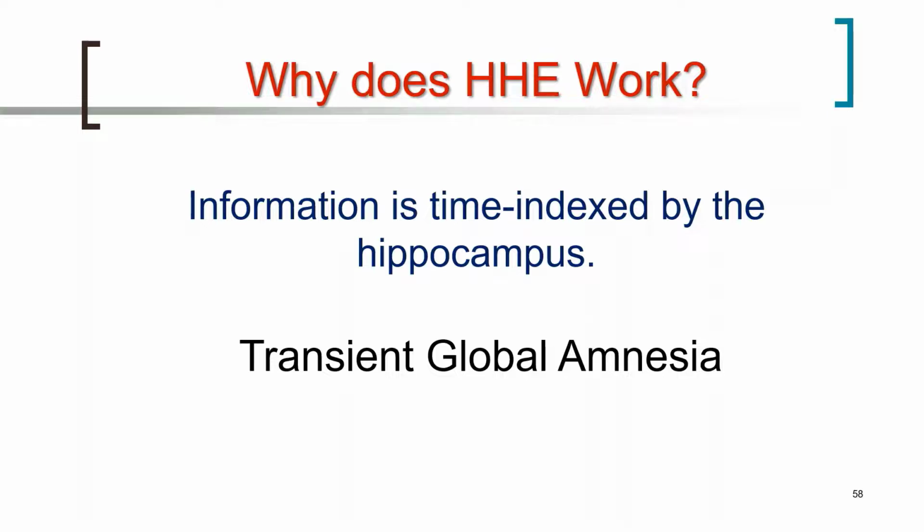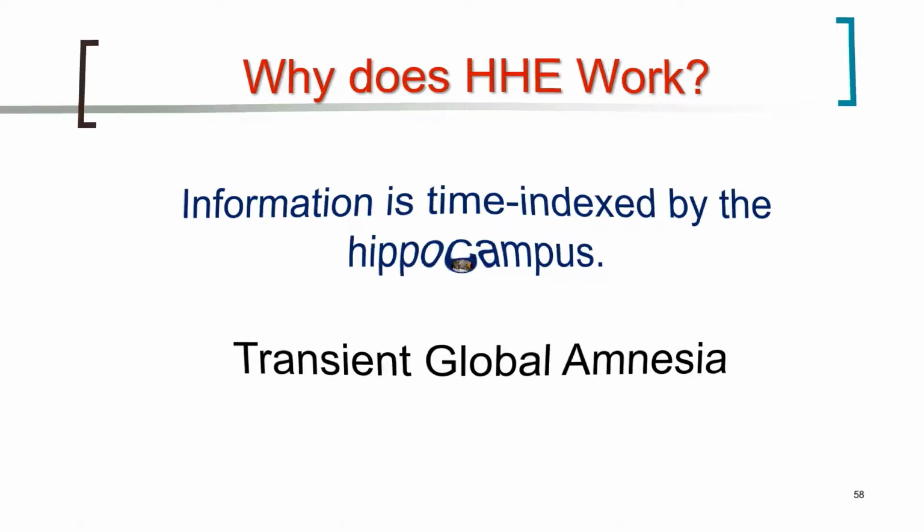Although people are often hospitalized when they experience TGA, the main reason for hospital involvement is to rule out a stroke and to keep the person under supervision until their cognitive function has returned. What you're about to see is a person who's in a hospital bed conversing with a person who appears to be her daughter. Her daughter is very patiently assisting her mother to use the rest of her brain to bring her hippocampus back online. This is a video clip that medical students and psychology students study closely. It's very helpful in understanding how the hippocampus sets the stage for the development of memories. And so, here is